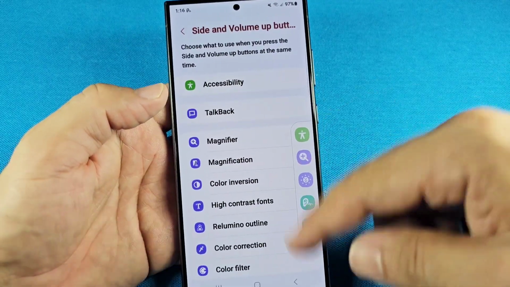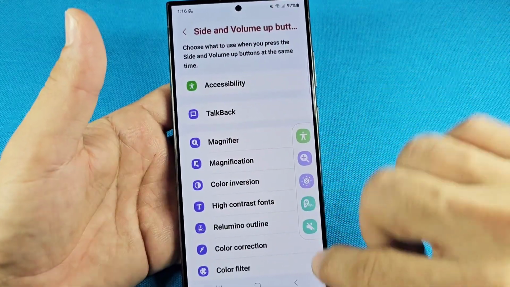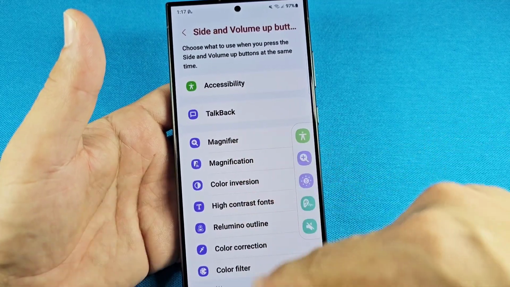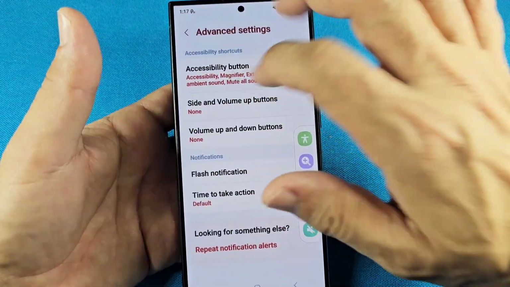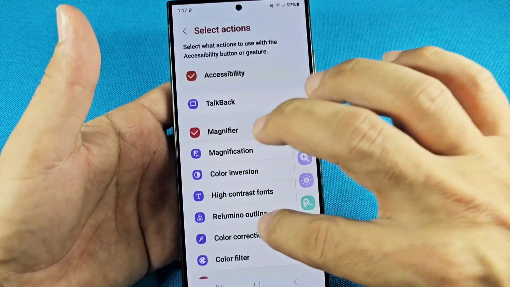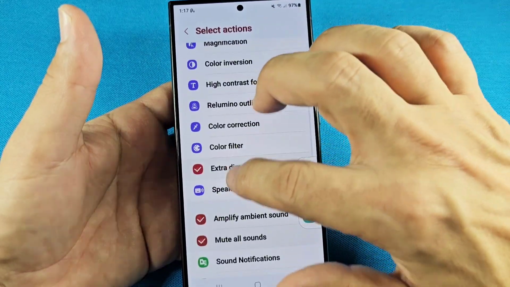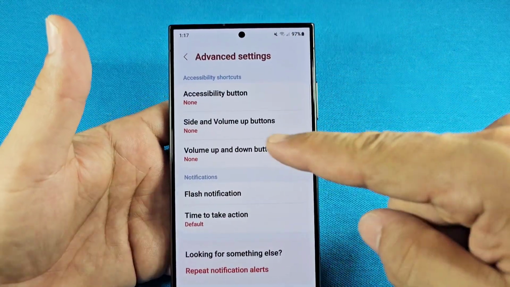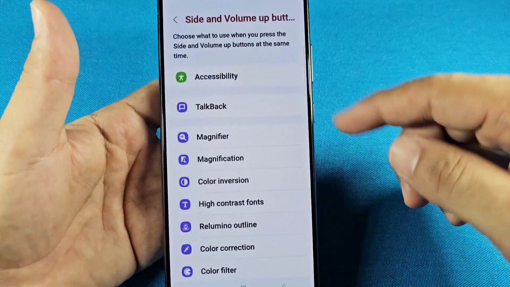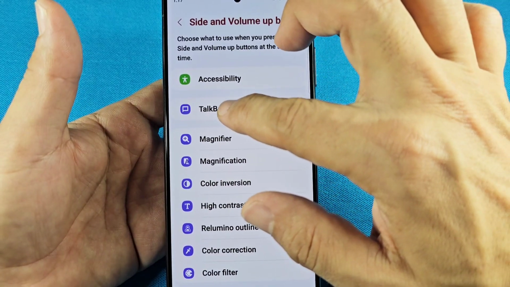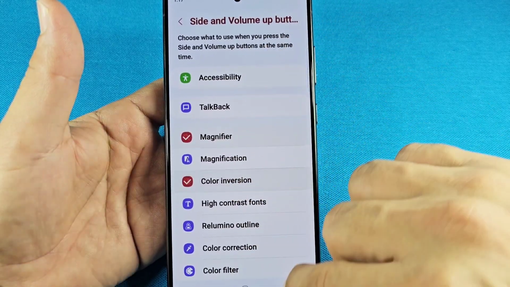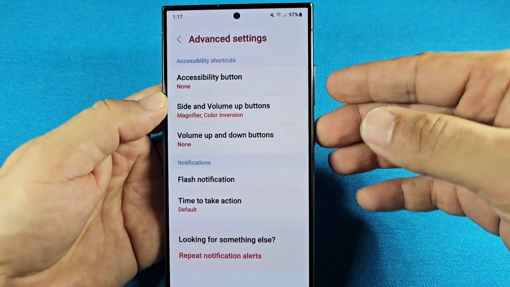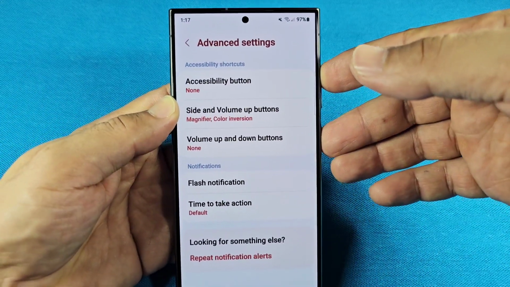But then you'll just have to come back and remove these from the navigation buttons instead, and then have them selected with that set. So for example, I'm just going to go ahead and uncheck all of these here so you can see what I'm talking about, okay? All right, so I'll back out of here now. I'll come out of here, and then I'll select an option here, just to show you. And then of course with the side and volume up button,